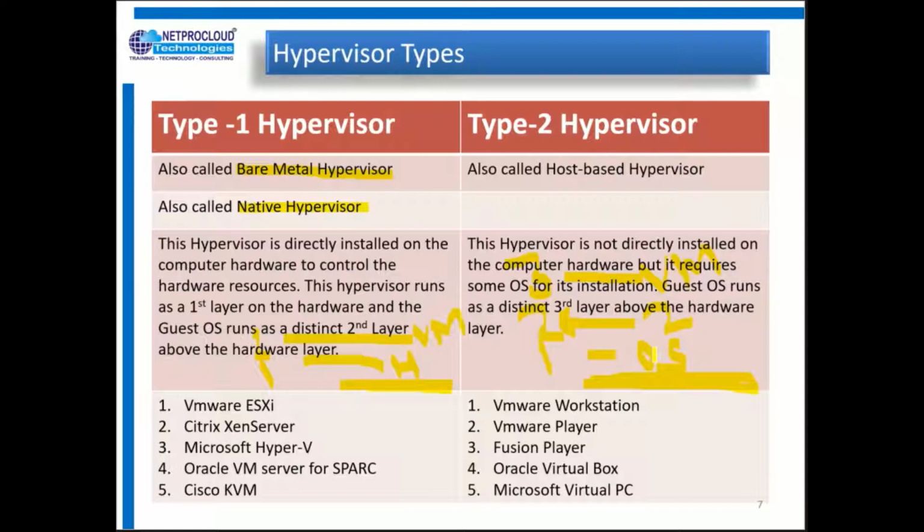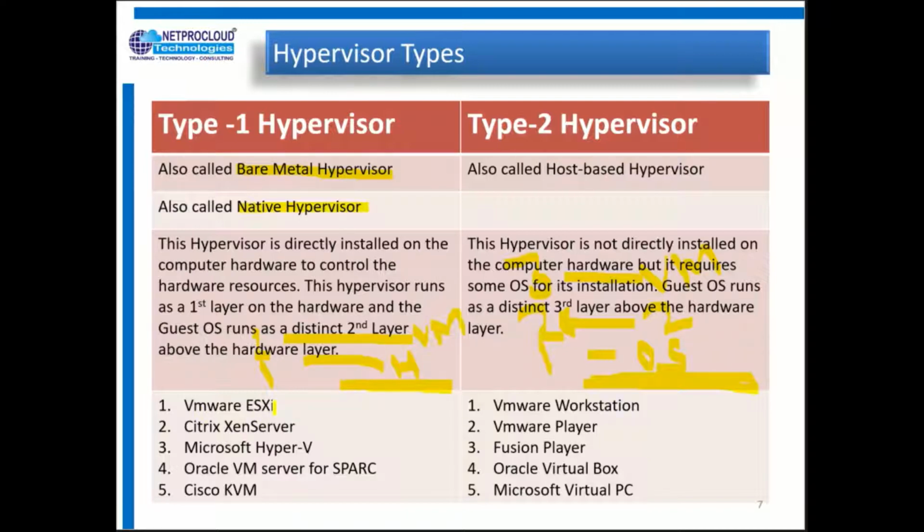So this is how type 1 and type 2 hypervisors differ from each other. Type 2 hypervisor examples are VMware Workstation, VMware Player, Fusion Player, Oracle VirtualBox, and Microsoft Virtual PC. Microsoft Virtual PC needs the Windows operating system for its installation, whereas we can directly install VMware ESXi on top of the hardware box.